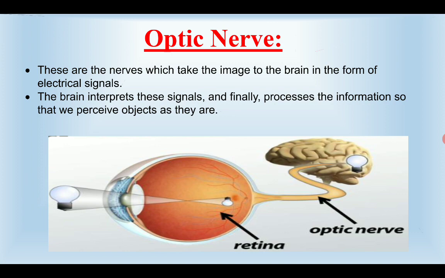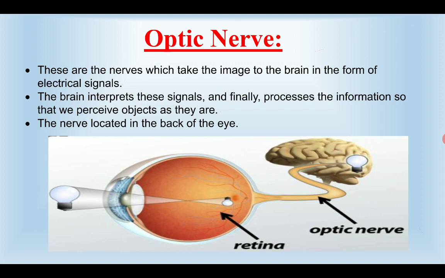So the brain and these optic nerves play a vital role in image formation, in the objects we are seeing through the eye. And these optic nerves are located at the back of the eye. Without these optic nerves, we are not able to see things as they are. So the image formed will always be inverted. Okay, as you know, the image is formed and the picture of that object is there at the retina.